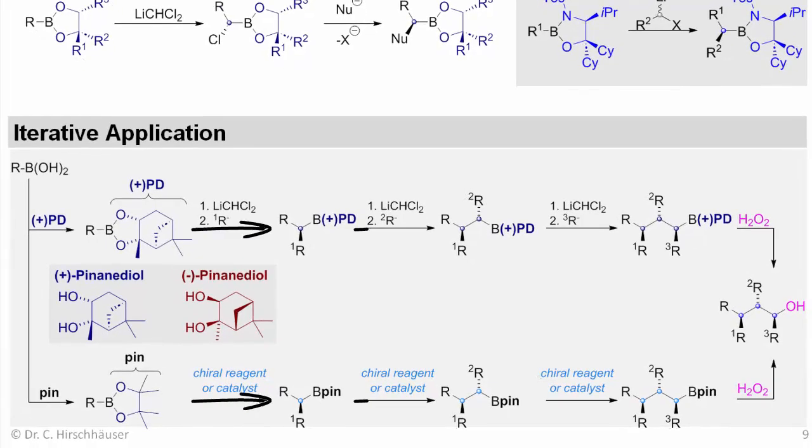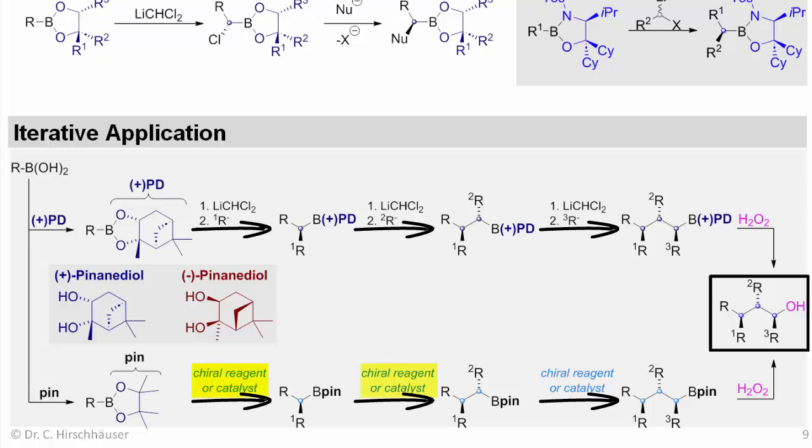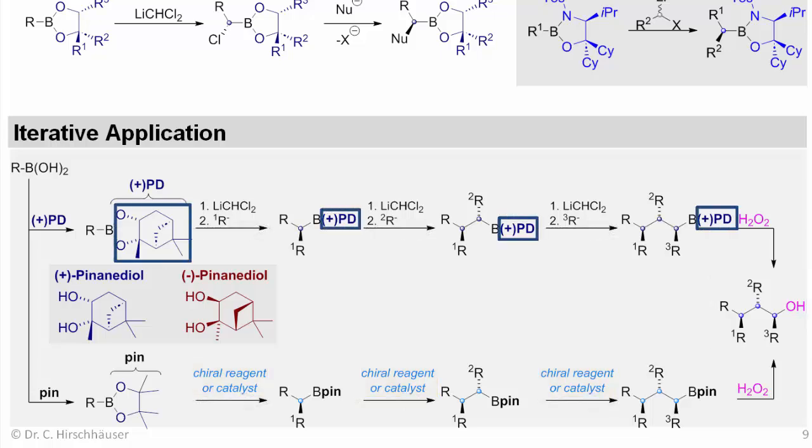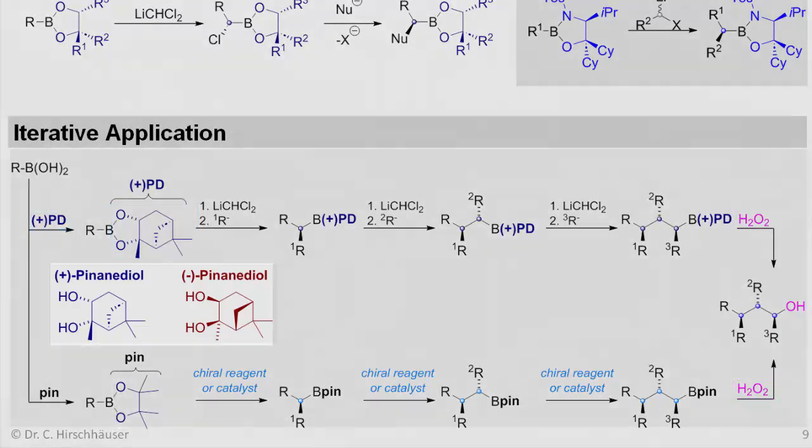Boronate homologations are usually applied iteratively to build up larger chain-like molecules. For reagent and catalyst-controlled methods, this requires the addition of new chiral material for every single iteration. The chiral auxiliary, on the other hand, remains part of the molecule and can do its job over and over again. Furthermore, a diol is needed in any case to form a boronic ester, so there is no additional step necessary for attaching or removing the auxiliary. Therefore, especially a cheap chiral auxiliary such as pinene-diol, which forms highly stable boronic esters and is available in both enantiomeric forms, should not be underestimated.